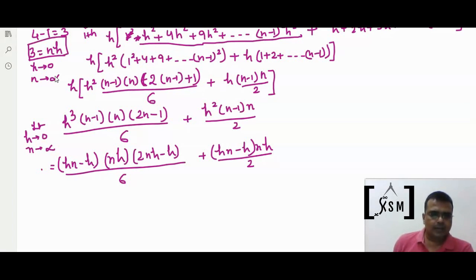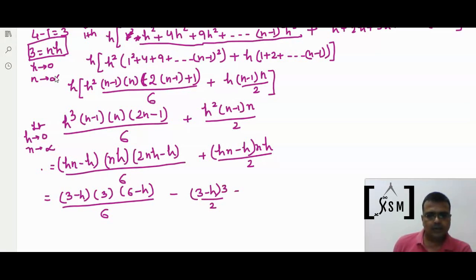So I will use that result. So it is (3 minus h) times (6 minus h) all over 6, minus (3 minus h) times 3 all over 2, and the limit is h tends